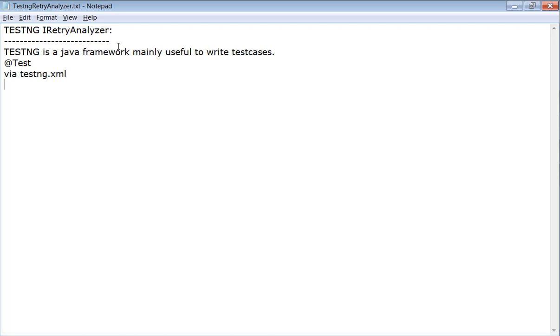Whenever we execute the test cases via the testng.xml file, a test-output folder gets generated which contains index.html and emailable-report.html, which report the information about the execution of the test cases, whether each test case passed or failed. So let's complete this now before we go ahead and discuss IRetryAnalyzer.